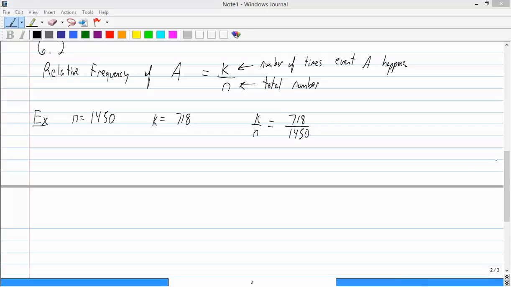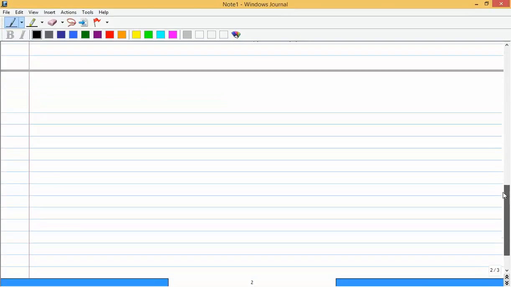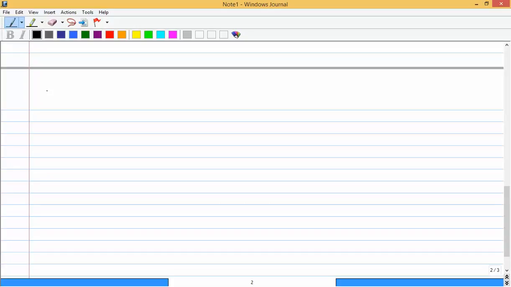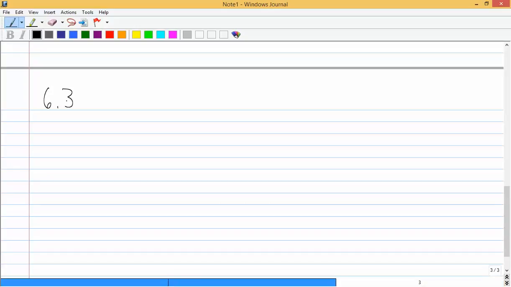So that was the relative frequency approach. Now moving on to the subjective approach. The subjective approach